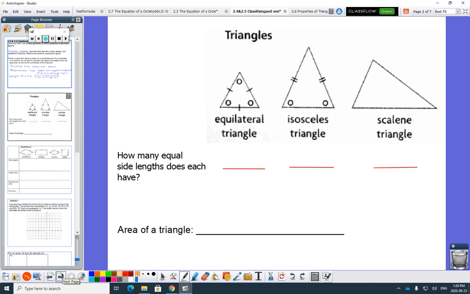Each triangle has 3 sides, but it depends on how many equal sides. So equilateral, these dash marks are all the same, so they have 3 equal sides, or all of them. Isosceles has 2. Scalene has 0. So we already did this kind of question, right, where we had to find the lengths. That was easy. And then just in case the question asks you about area,